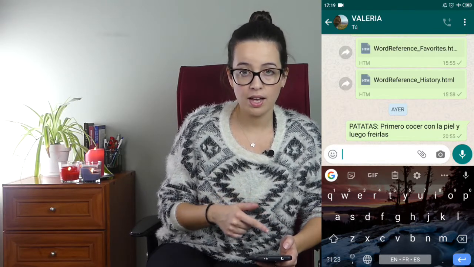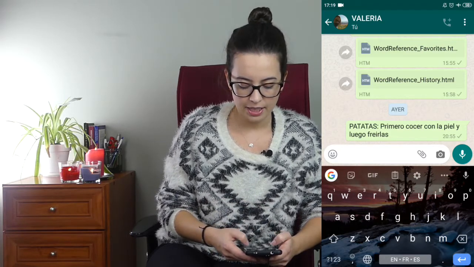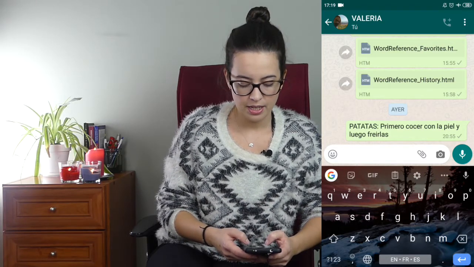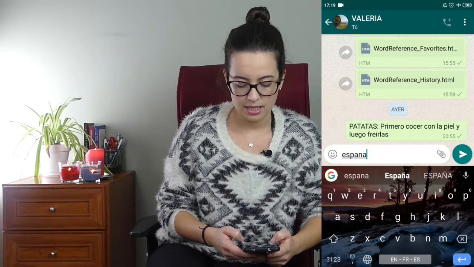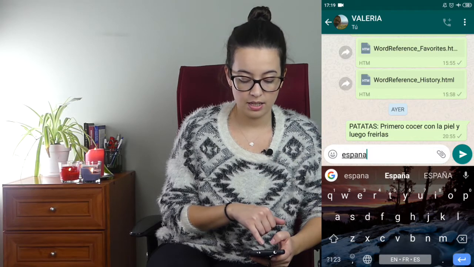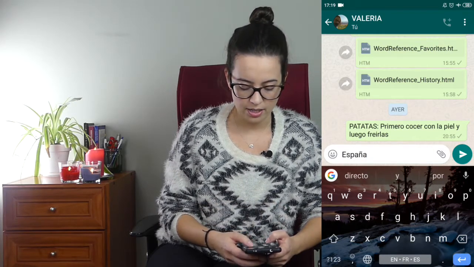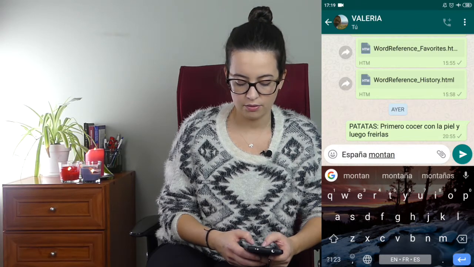Because we have both Spanish and English keyboards, even if I don't have the ñ, if I write España, the suggested word comes with an ñ. Or if I write montaña, for example,